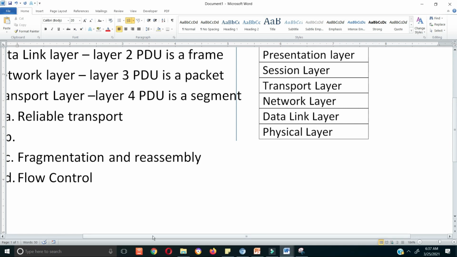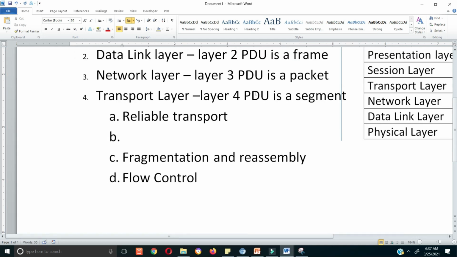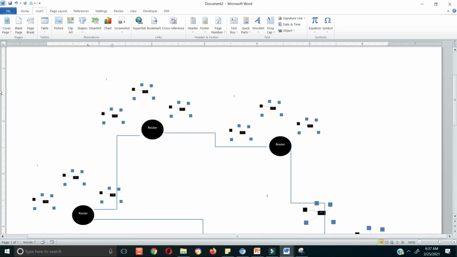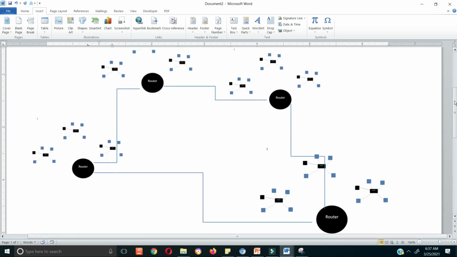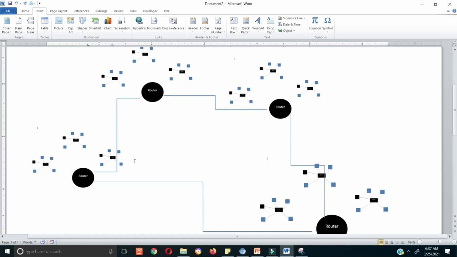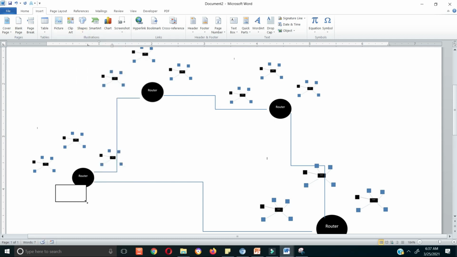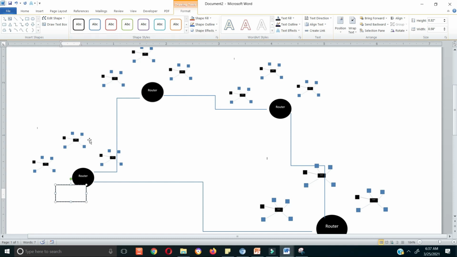What do I mean by reliable transport? At layer 3, some of the protocols, particularly the most widely used protocol, which is IP, do not give you a guarantee. Remember now the message is in packets. You do not have a guarantee that packets that belong to the same message, with consecutive sequence numbers, are going to arrive at the receiver in the same order. You do not have any guarantee. So if, for instance, this is router A, which is the sender,